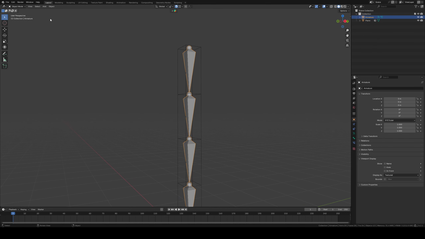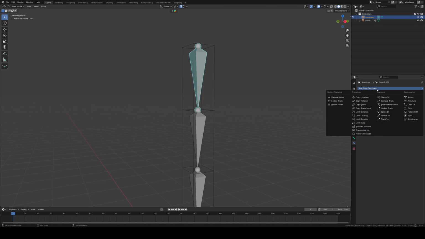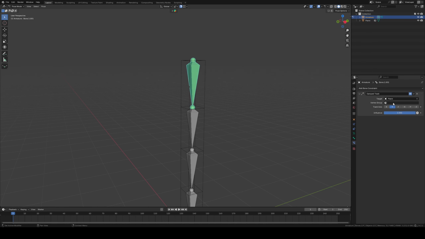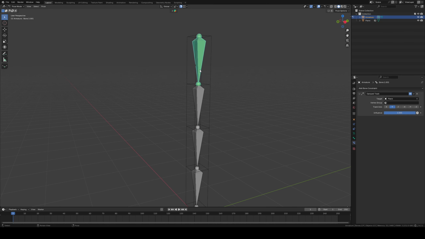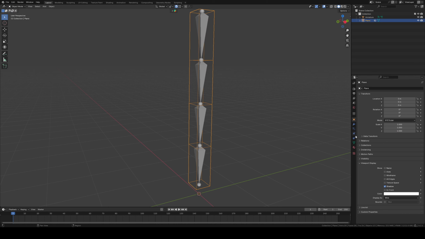Now I can turn on the armature again, and in pose mode, I will focus on the cloth section. Here I will make them damped track to this cloth simulation that we will make. Select this vertex group first, and now I will copy to selected, and now vertex group 1, 2, 3, 4. Now if I turn on the cloth simulation,